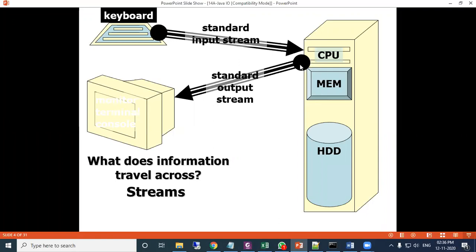Then when we are displaying, that is called the standard output stream, which is on the display screen or monitor. This flow is called stream flowing: from keyboard to system memory, from memory to the monitor. This is the output stream, this is the input stream. So two streams we are using for input output purpose.